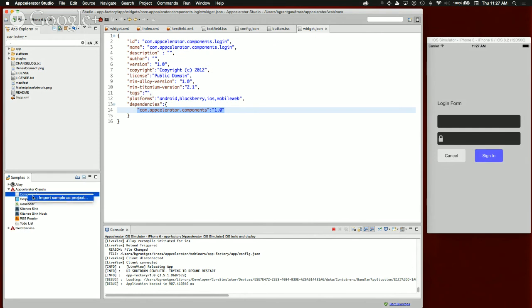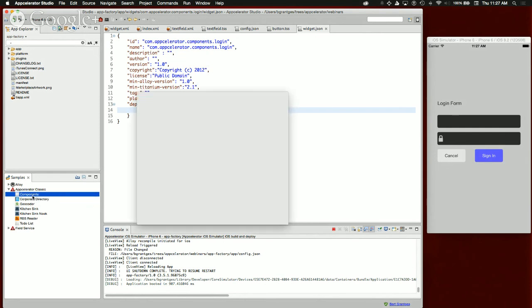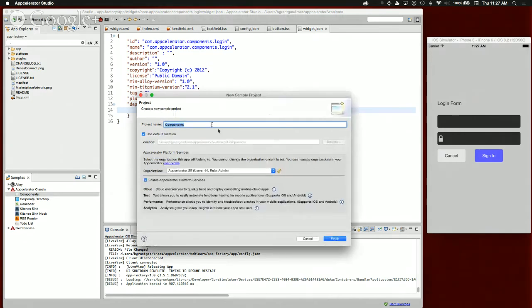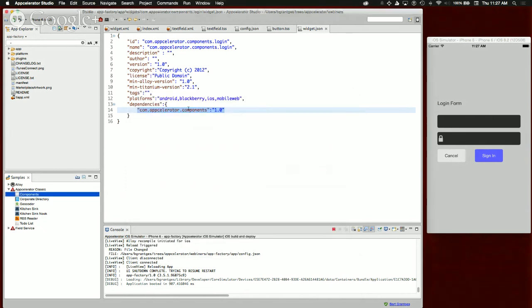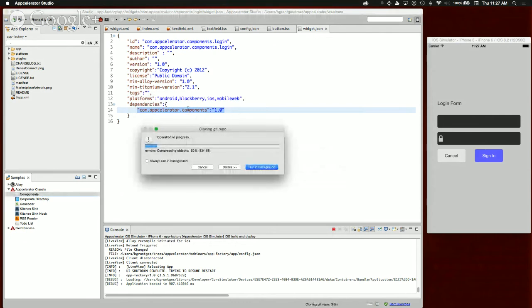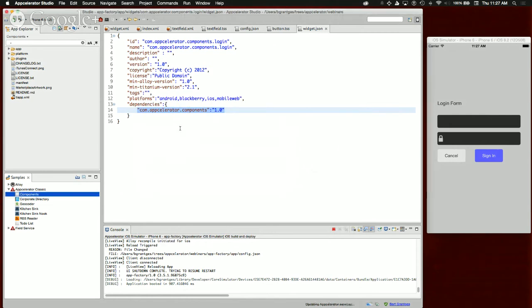Here we have a components library, and now all I have to do is say, if I'm getting ready to build a new project, I can import a sample or create a new template. We're going to pop up the new components or the new sample project application dialog, and it's actually going to pull from source control a project into Studio. Connect it to the services that I need,